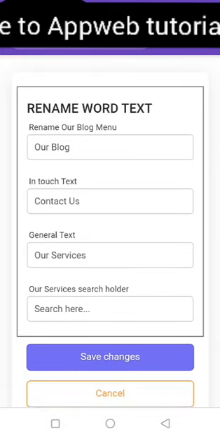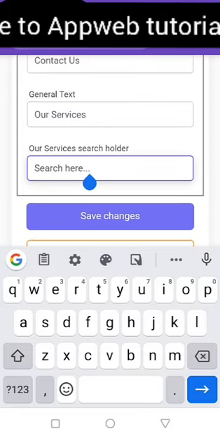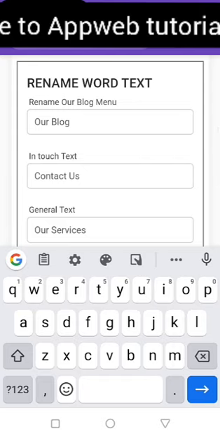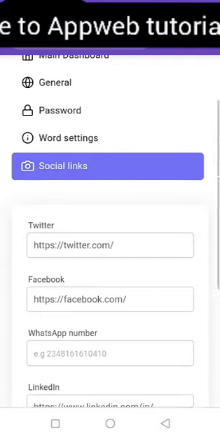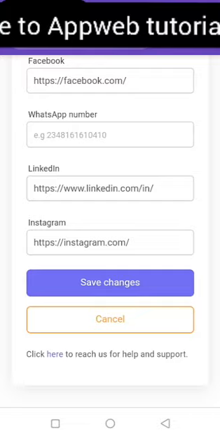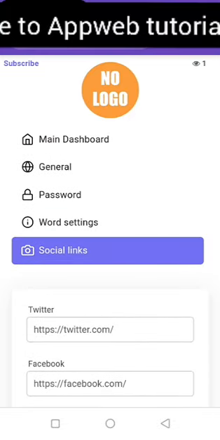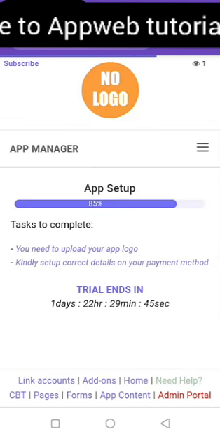Here also our blog, we leave it like that. Get in touch with us, which is contact us, you also leave it like that. And if you wanted to change this general text, you can change it to whatever you wanted. This get in touch with us, you erase it, you put +234 and your mobile number. You can see Twitter, you can add your Twitter link, your Facebook link, your WhatsApp number, and so on and so forth. If you have those, you can add them and click on update for your users to be able to reach you or reach your page. So the logo is too big, that is why it's